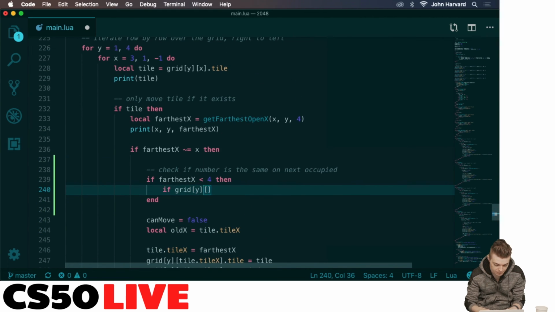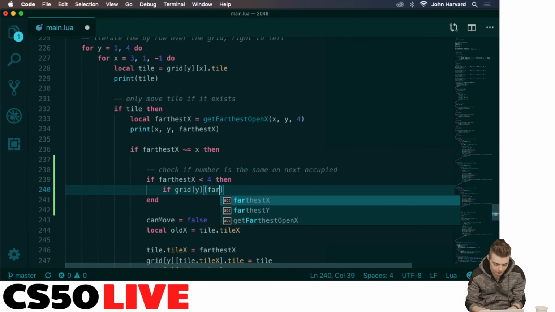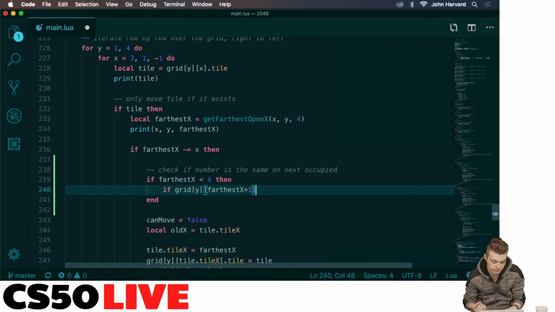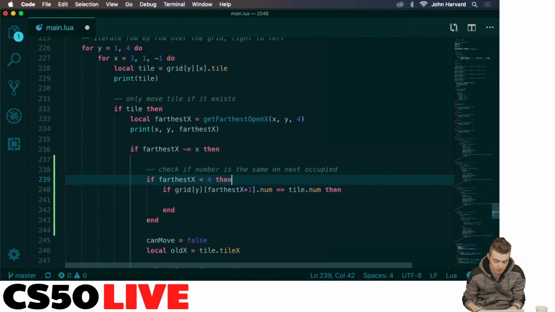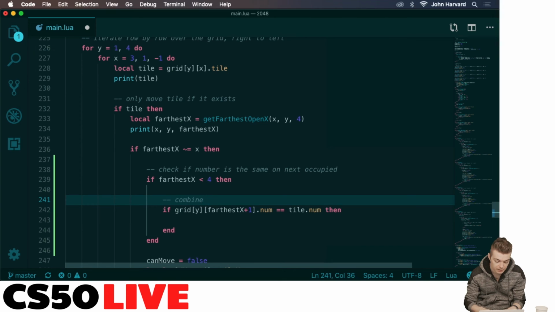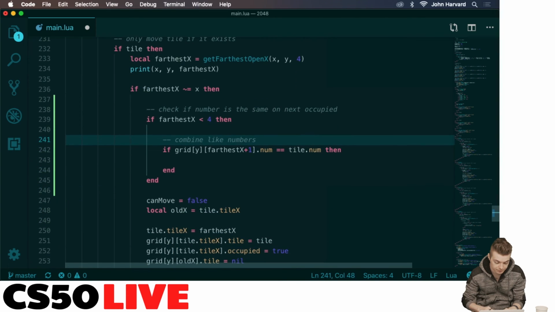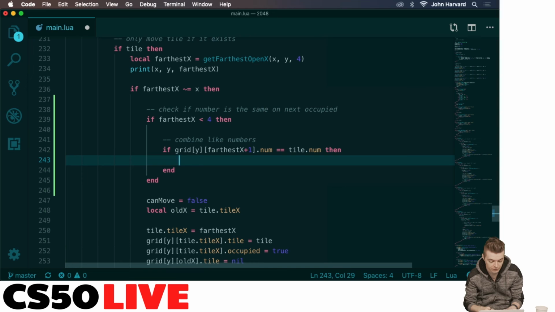Yep, y, farthest x plus 1 dot num is equal to tile.num. And this is where we combine like numbers, right? That's what this is. So we say